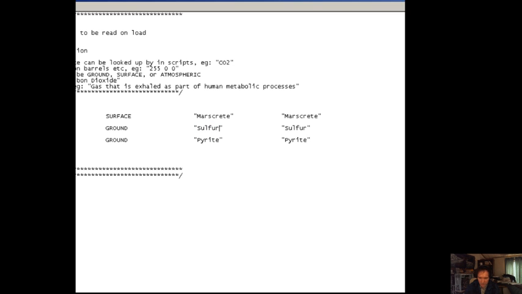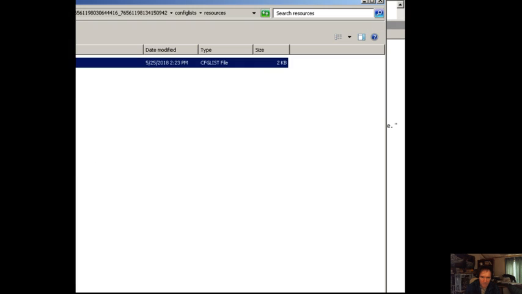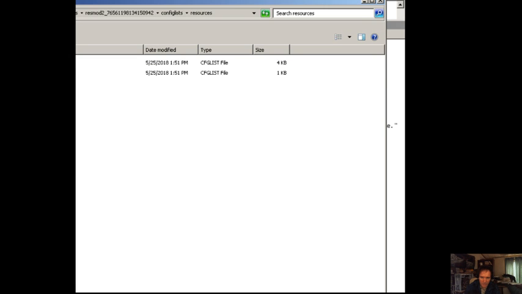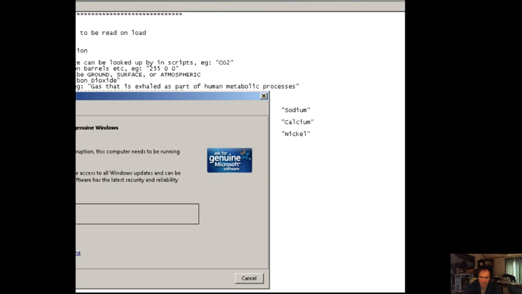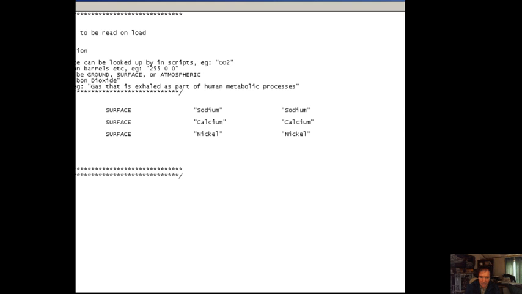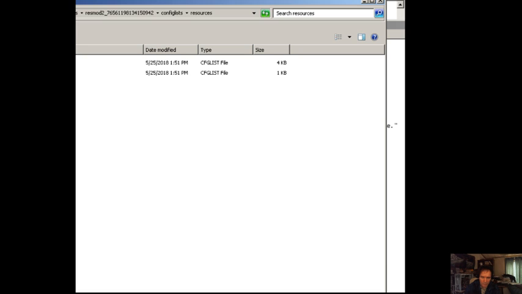I want everything uncapitalized. I swear to God. And here's sulfur. Well, I got Marscrete, sulfur, and pyrite. Marscrete, sulfur, and pyrite. Okay, none of that's capitalized. That's why it didn't work.